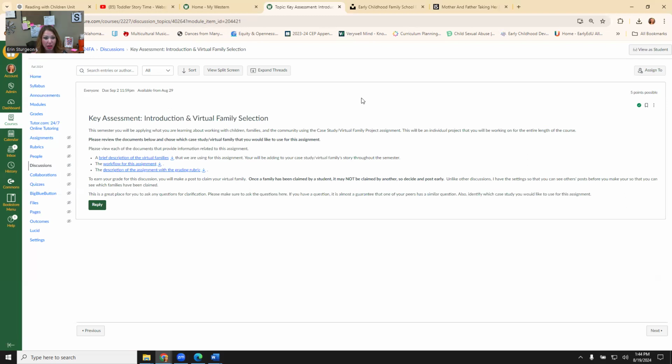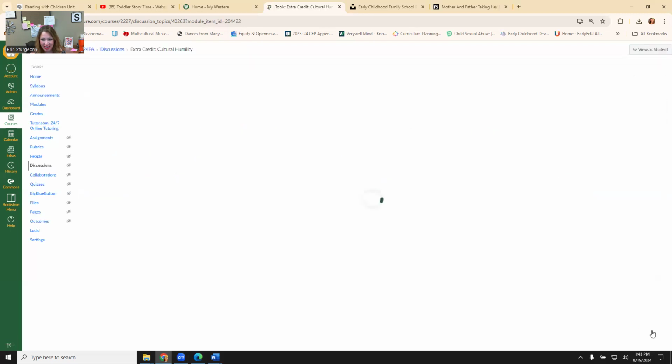And you're going to claim it because once one is claimed, it's taken. Nobody else can claim it. So if you want your first pick, then get in there quickly. And that's it. Like I said, this doesn't go with the normal discussion criteria. This is just 5 points, not 30. And this is going to stay open because this is where through the course you can come back to and ask questions about your key assessment. So there, now we've finished the week, and I will go to end of the week.